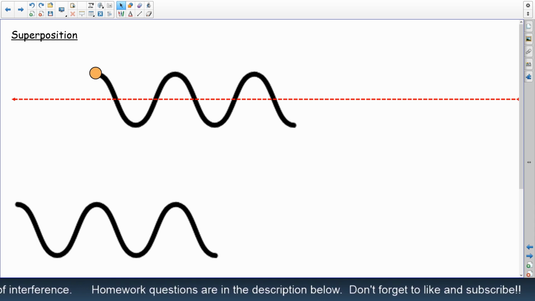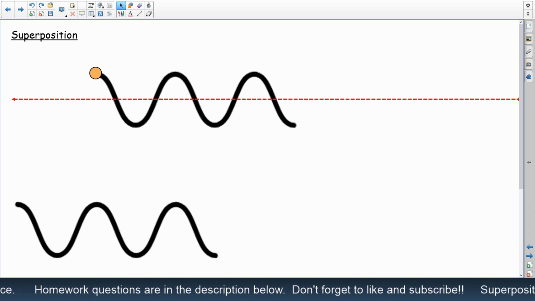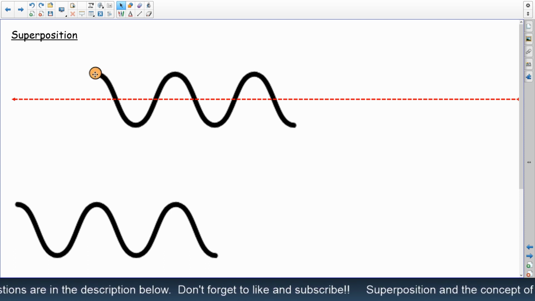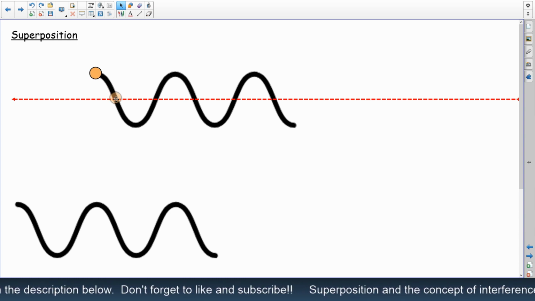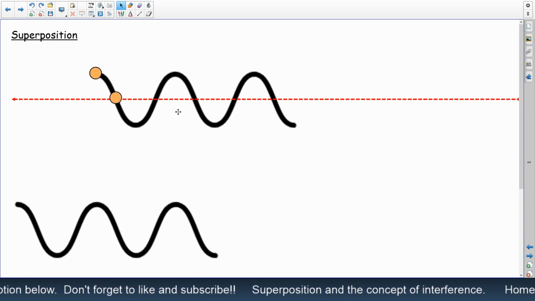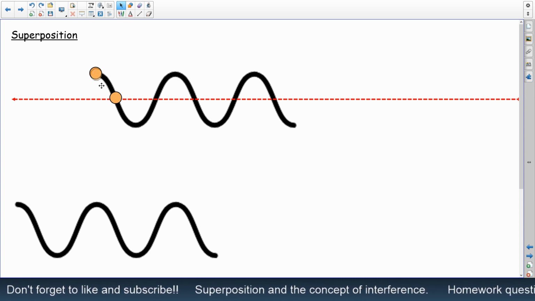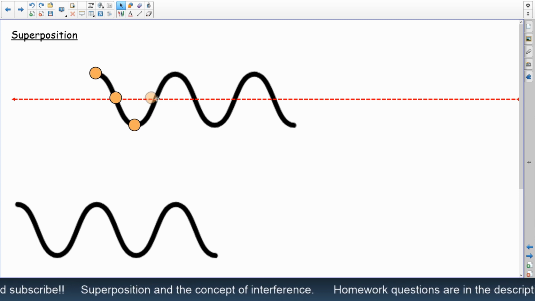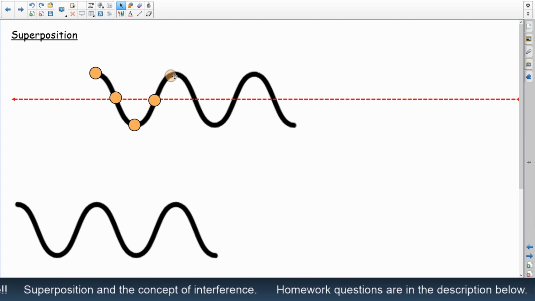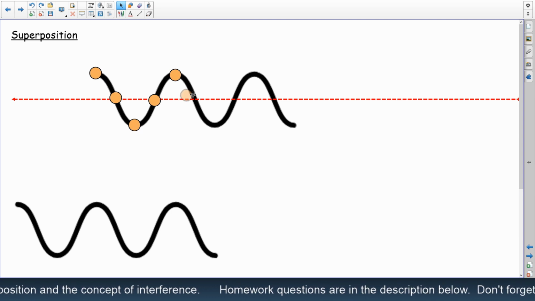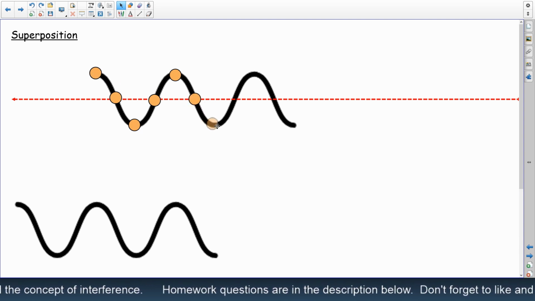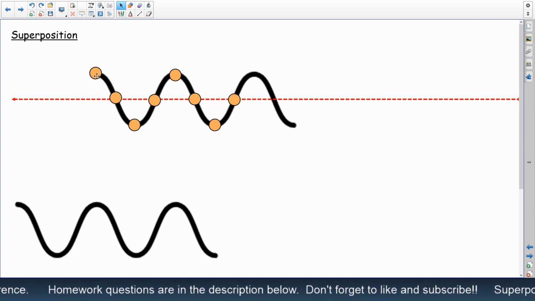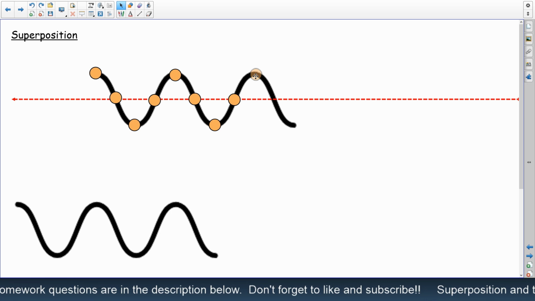So if we were to look at the particular particles within a wave, say this is a particle here, it would be moved away from its rest position up to this maximum. This particle here would be on its rest position, where this red line represents its rest position. This one here would be some way displaced downwards. This one here would be still at rest, and this one here would be at maximum position, and this one here would be at rest, and everything in between. But we just fill that out. And this would generate a snapshot of what the particles look like at a particular instant in time